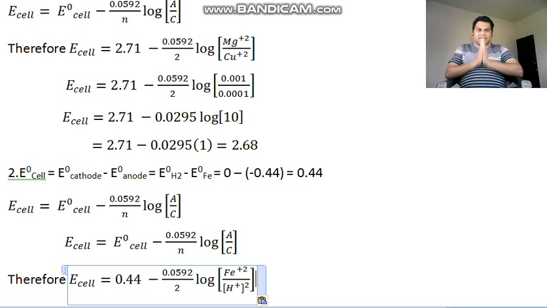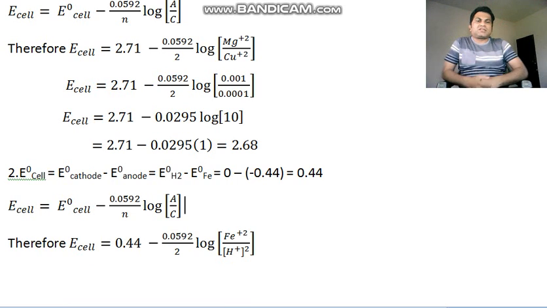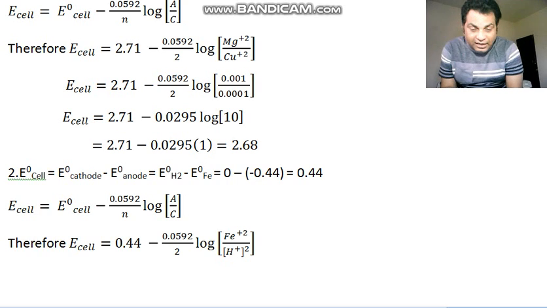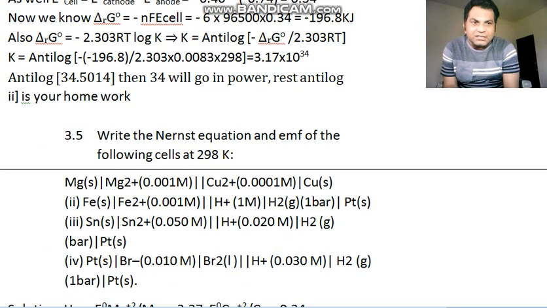Check out કેવું દેખાશે. Nernst equation ની અંદર આપણે આ value મૂકી દઈએ છીએ. So that's why this will be our answer કે E degree cell 0.44 આવ્યો છે, and also Fe plus 2 અને H plus 2. Here also, here is an interesting portion that you have to think about. Okay, where is the second question? The second question is here, and I am showing you something. આ plus 2 છે. Okay, and અહીંયા આપણા પાસે plus 1 છે. So here we have to make the LCM of both.